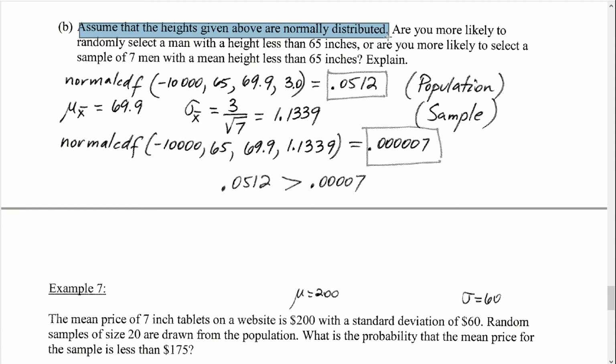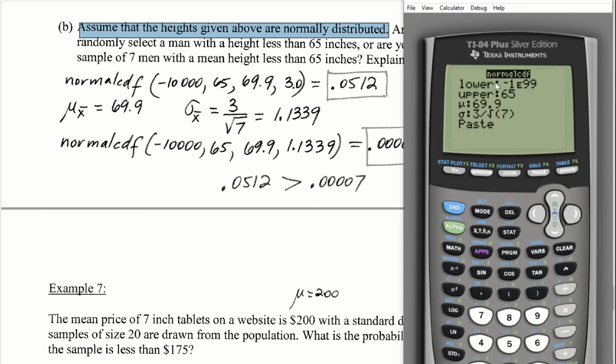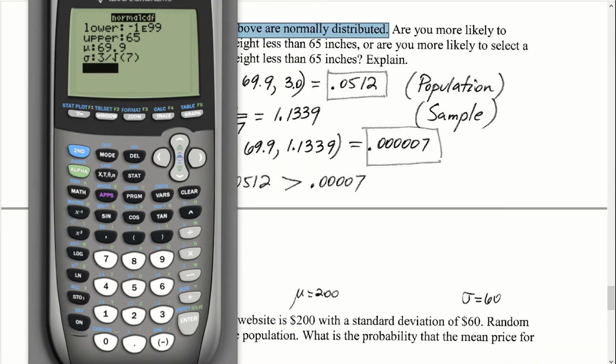And according to the central limit theorem, that means that we can take a sample of any size and this corresponding sampling distribution will also be normally distributed. So this is going to work. Our sampling distribution here is normal, so we can trust and rely on the normal CDF calculation. If we go ahead and hit enter,